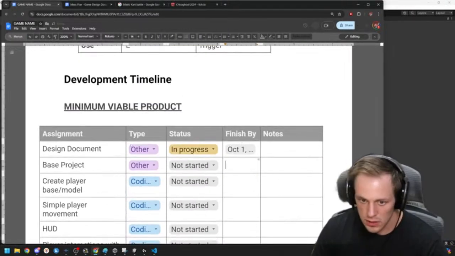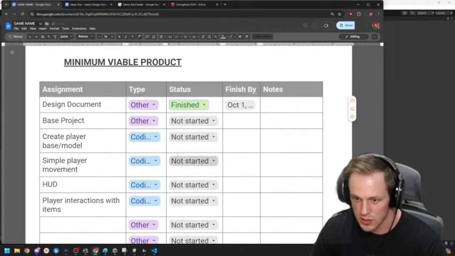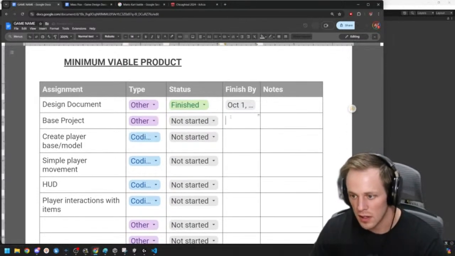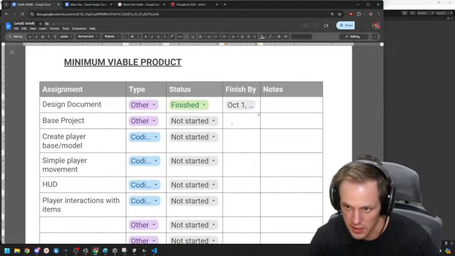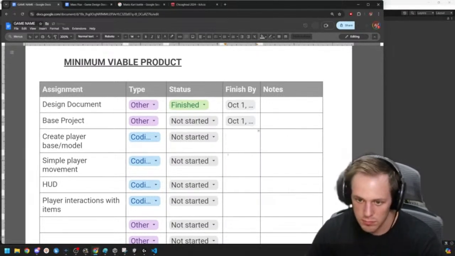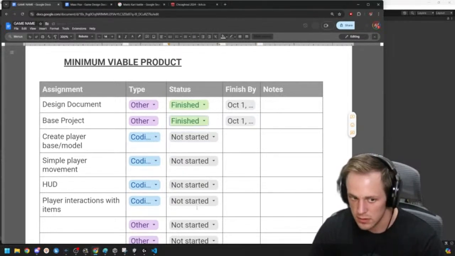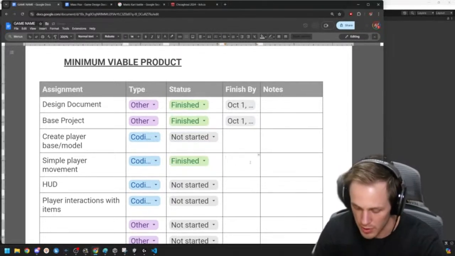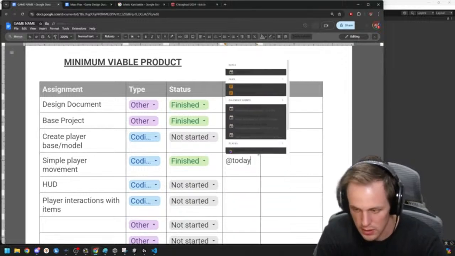Alright, design document is finished, I think. There are some other outstanding things that can be done later. There we go. We finished the simple player movement as well. And today,